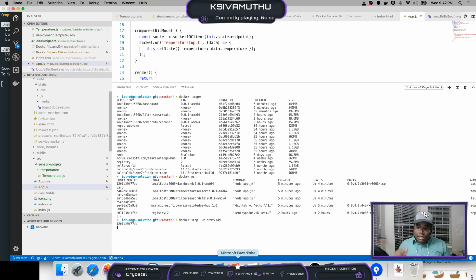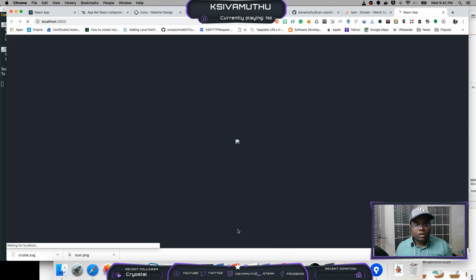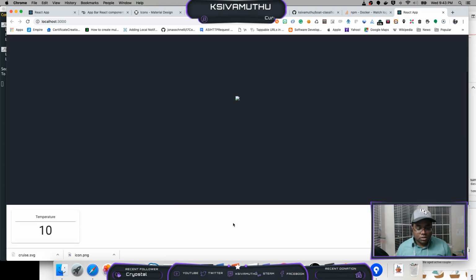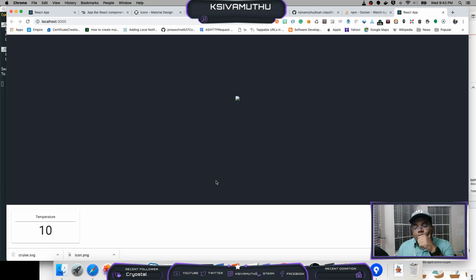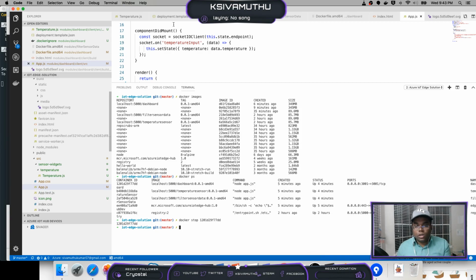The reason it's immediately switching is there is an application that's running on the same port in the Docker container also. We are trying to run it from the host. So it's happening like it's immediately switching, I believe. Now localhost 3000, it should be running the, okay. Oh, it's way below down here. Okay, let me go to the code. App.js